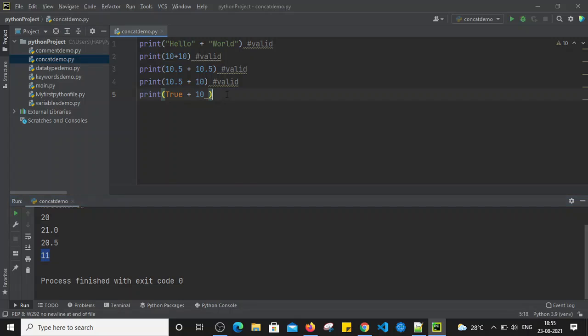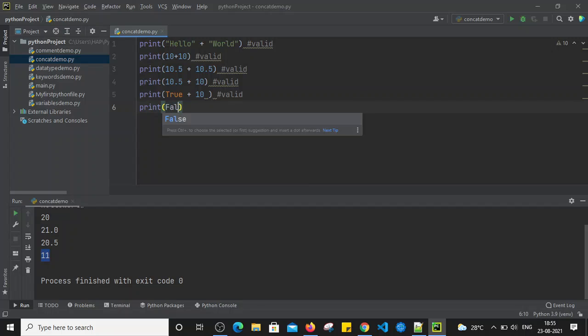Why did it print 11? Because in Python true is considered as 1. That's why 1 plus 10 returns the value 11. So this is also a valid statement. Similarly, false is considered as 0 in Python.